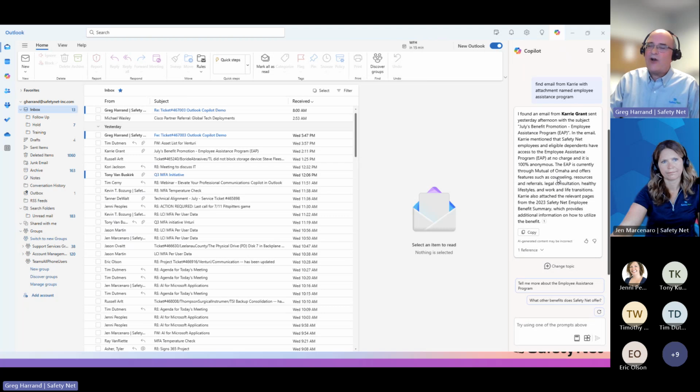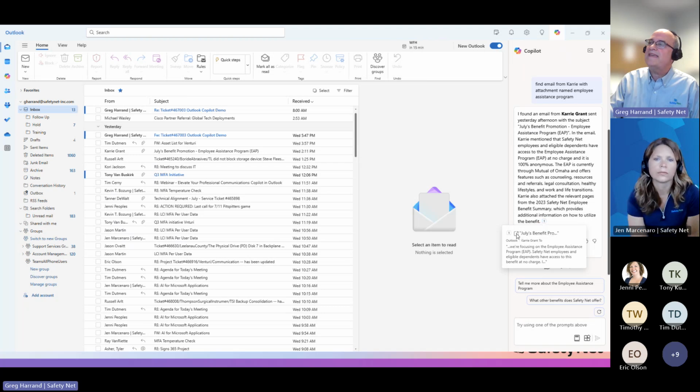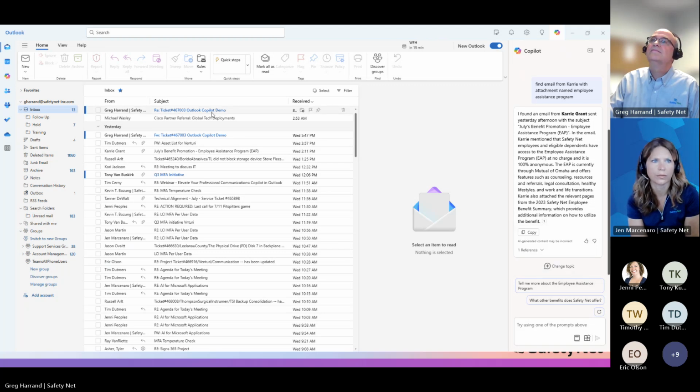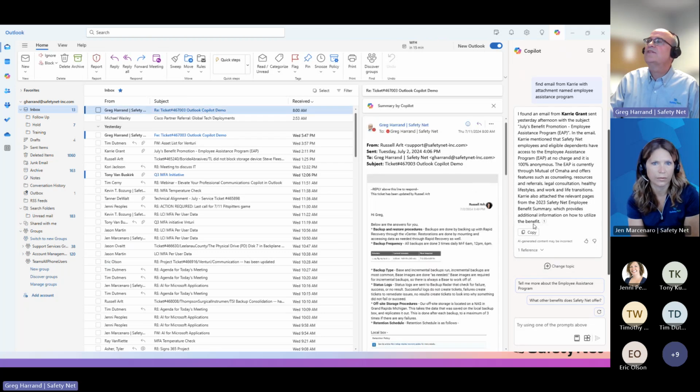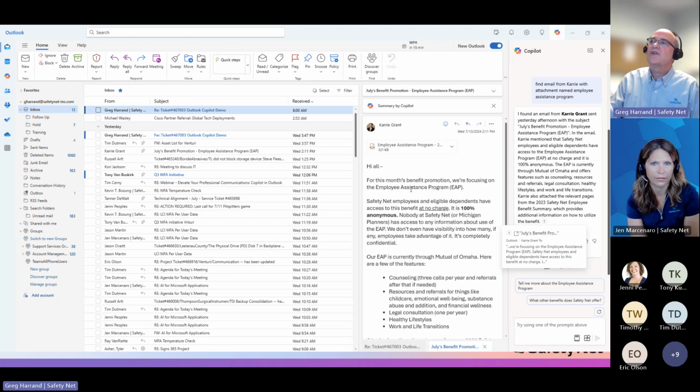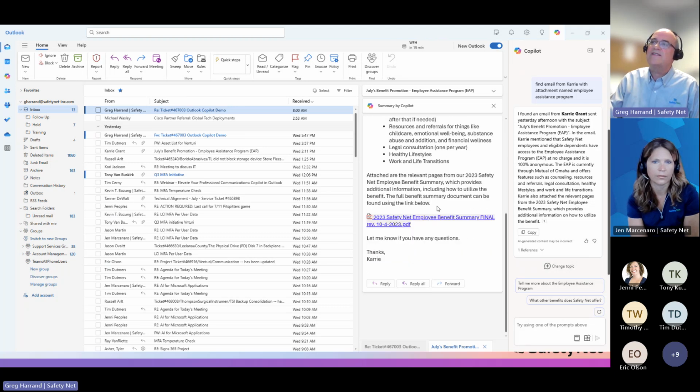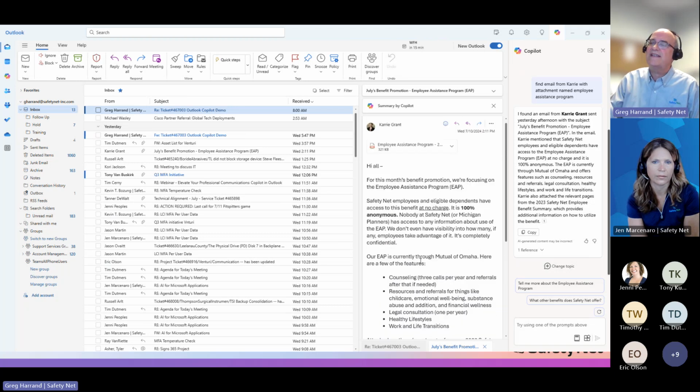Notice how it did not open up the email for me, but it made a notation to it. So I click here, right? And then I say, open the email. It should. So here's the email that it found. And so here's the email and here's the attachment.